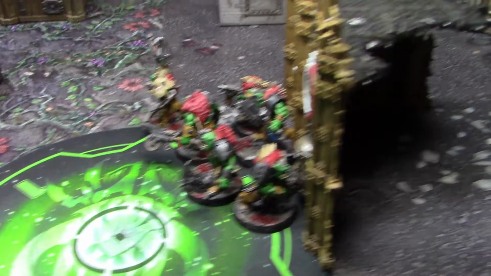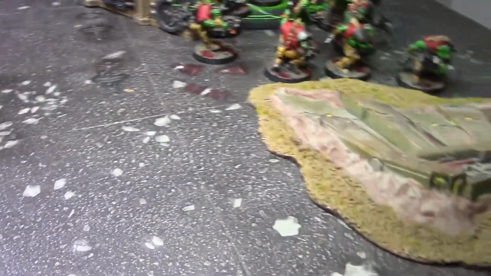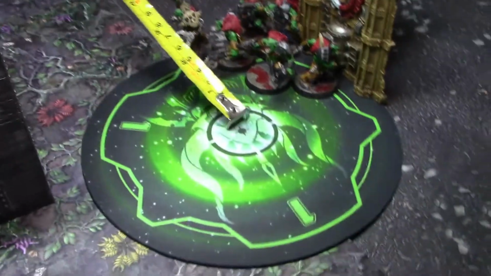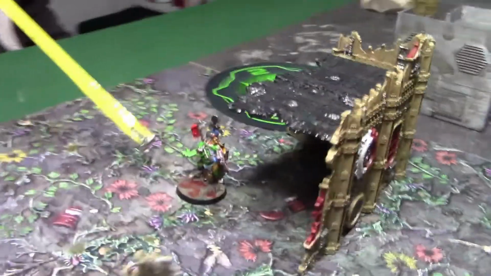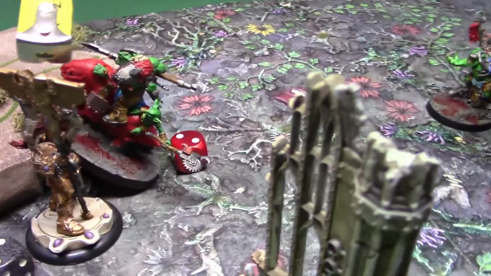Otherwise, these guys moved over here. You saw these guys didn't want to get hit by that grenade launcher anymore, so they moved to the other side. But I didn't want them to be an easy charge for this guy over here, so I didn't move them the full 5. And they are now performing the get the good bits action at the end of the movement. Coming back over here, moved up. And he will need a 6-inch charge to make it into this